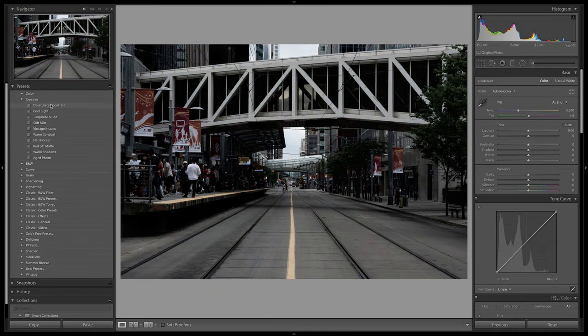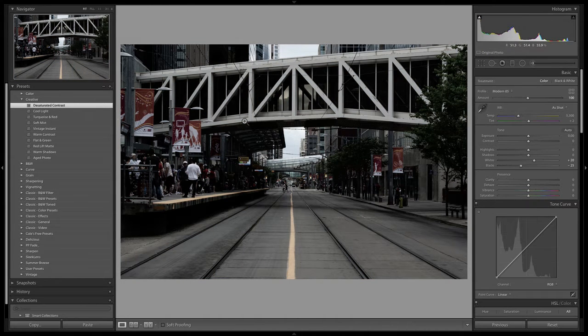So you might find one that you like, for example, this desaturate contrast, and if you click it, you see that the effects already start to be applied over here on the right hand side. And then you can go ahead and edit yourself and adjust it if you need. And this sometimes is necessary. Say you're taking a bunch of photos, some have different exposures. If you add the same exact filter, you might still need to fix things like exposure.